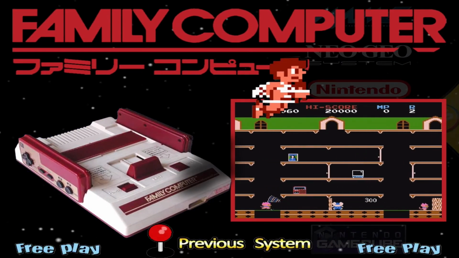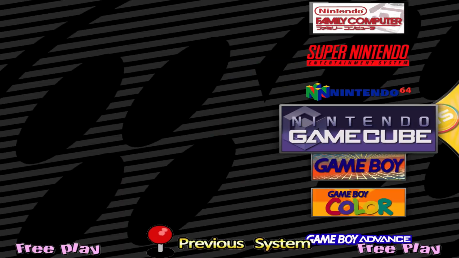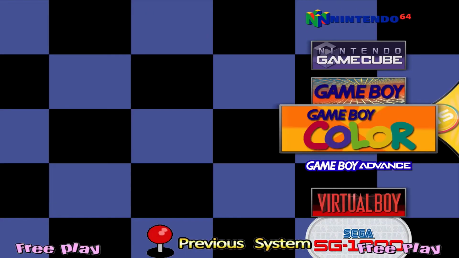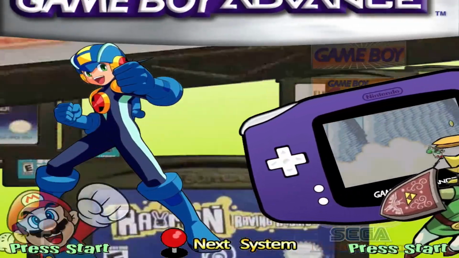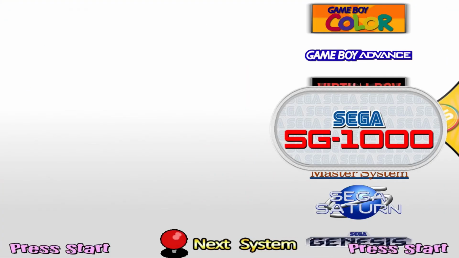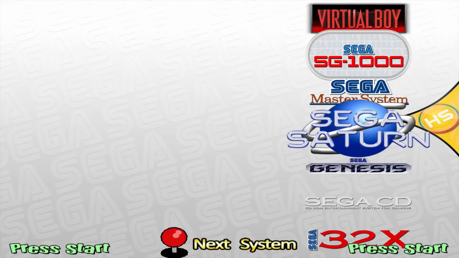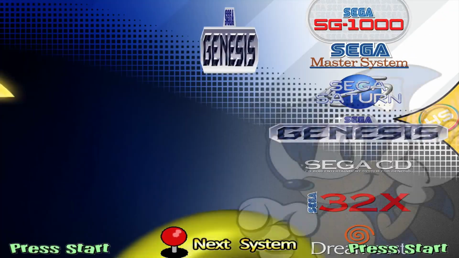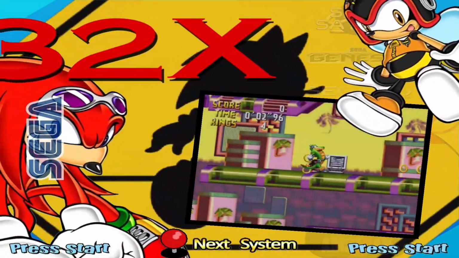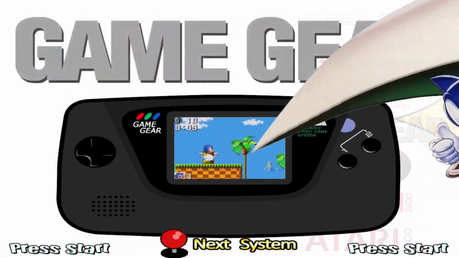Famicom, Family Computer System, the Super Nintendo, Nintendo 64, Nintendo GameCube, Nintendo Game Boy, Game Boy Color, Game Boy Advanced, Virtual Boy, which is like surprisingly fun, by the way, Sega SG-1000, Sega Master System, Sega Saturn, Sega Genesis, Sega CD, Sega 32X, Sega Dreamcast, Sega Game Gear,